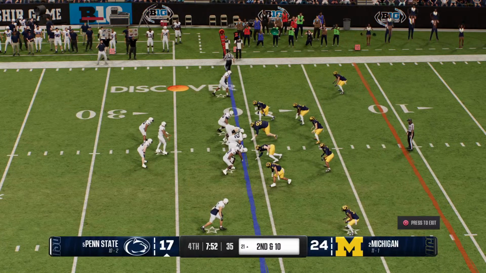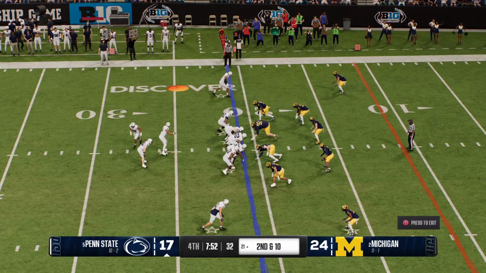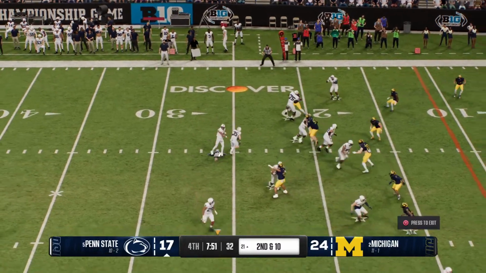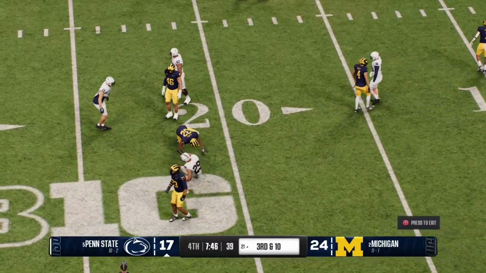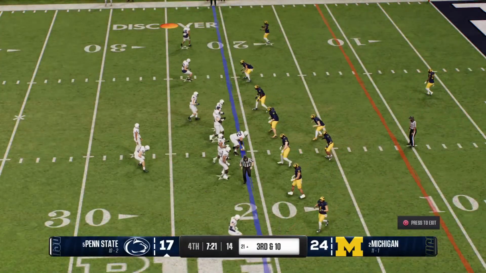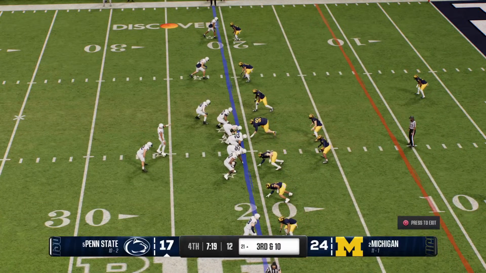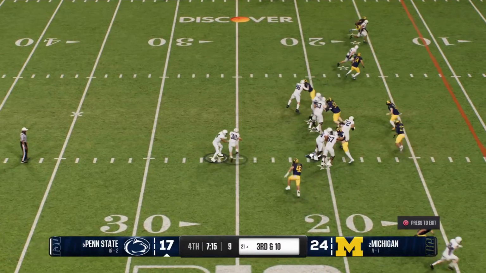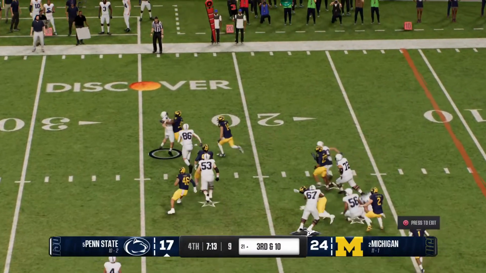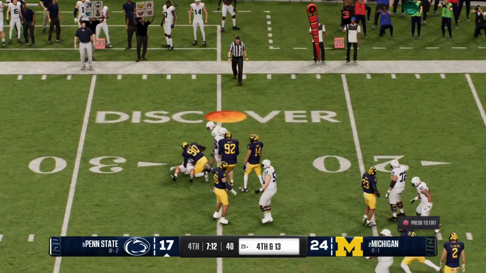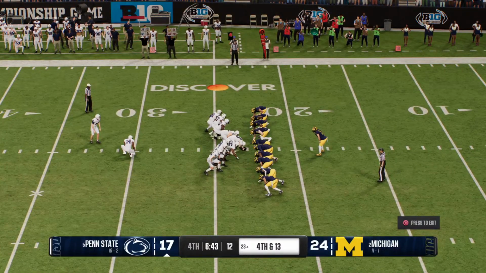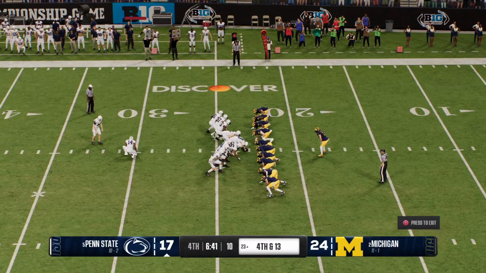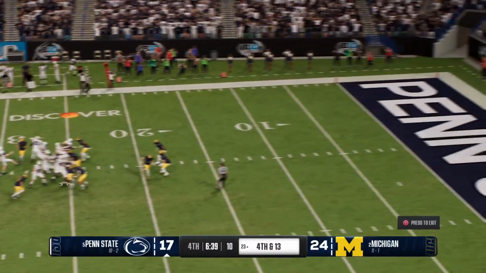So second down after the incompletion. And the back now goes in motion. Caught in the backfield. It's James. And he'll be smothered right at the line for no gain. Now it's 3rd and short with the 21. Defense trying to make a stand here and prevent a touchdown. Here comes a handoff. Goes backwards, losing 3 yards there. So on 4th down, here comes a crucial field goal attempt. And it's good.